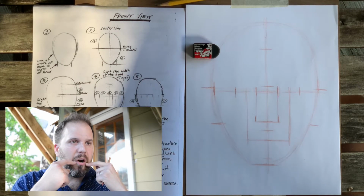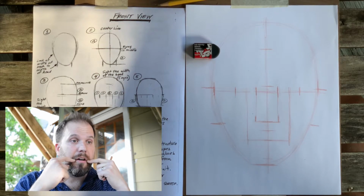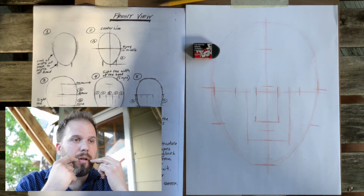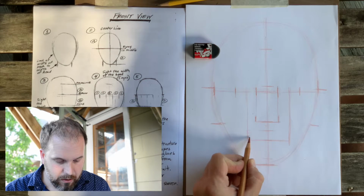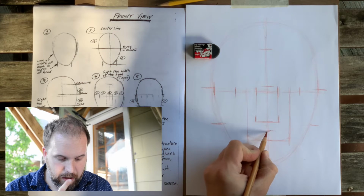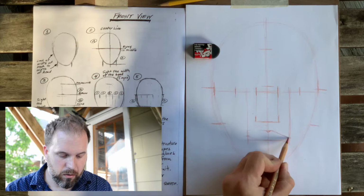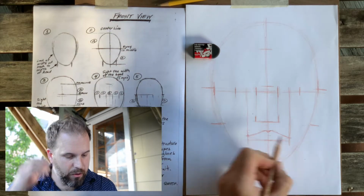And then I want to look at where the corners of my mouth are. They may be at the bottom, they may be center, they may be higher. Mine is about like 2/3 above the corner, 2/3 up, and then about a third down. So like if I were to divide that into thirds, that's my lip. I have that little V there. Kind of sweeps up, and there's a video for drawing features, which we'll get into. Okay, but those are all the basic